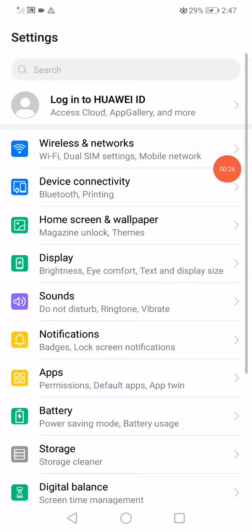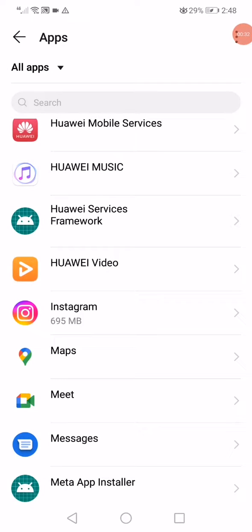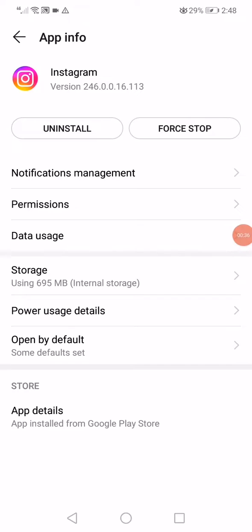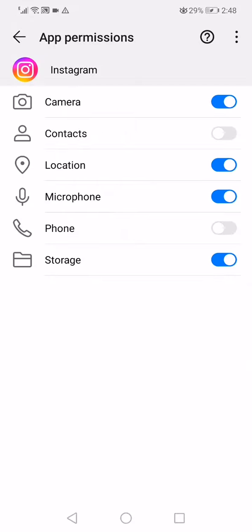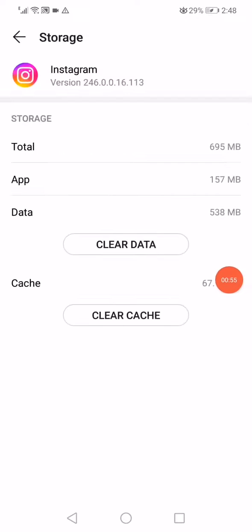Go back, open the apps on your phone, open the apps manager like this, click on Instagram, and now all you want to do here is very simple. Just click on this option here and then click on permissions. Make sure that all the permissions are enabled. Go back again, and the last thing you want to do is click on storage, click on clear